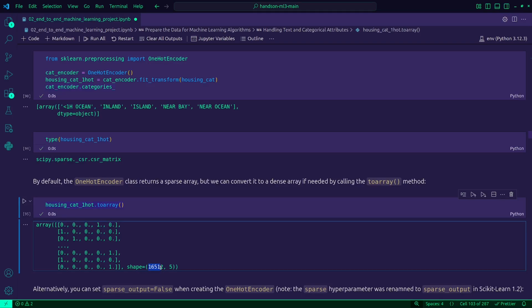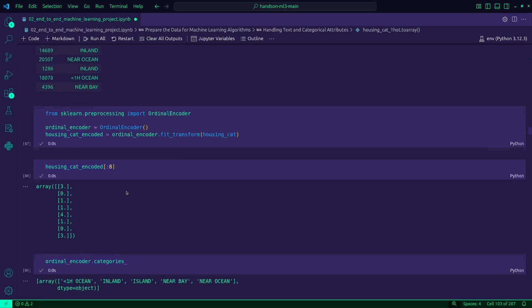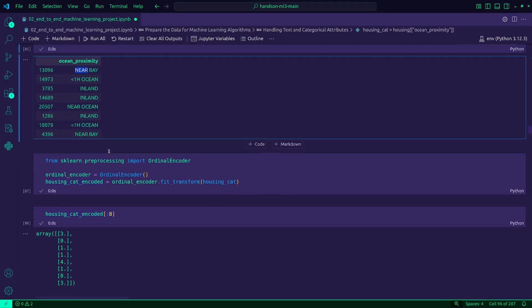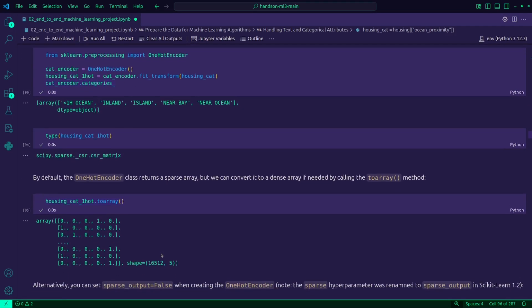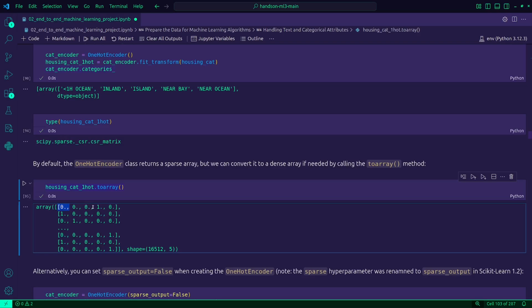We have 16,000 rows, and each row has 5 elements or categories. If we go back and see that the first one is near bay, and near bay in this category was 3, so I assume this is going to be 0, 0, 0, 1, 0. So this is the first instance. And we just remodeled the ordinal encoding into one hot encoding.